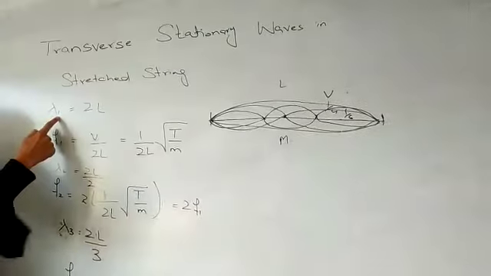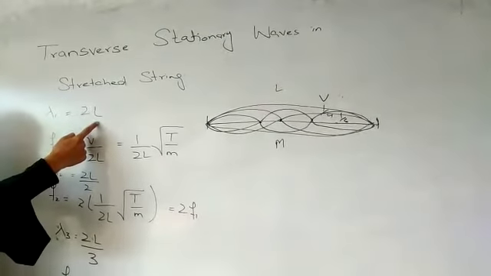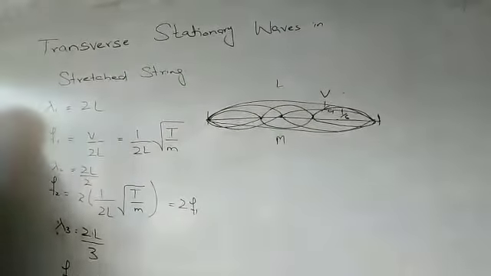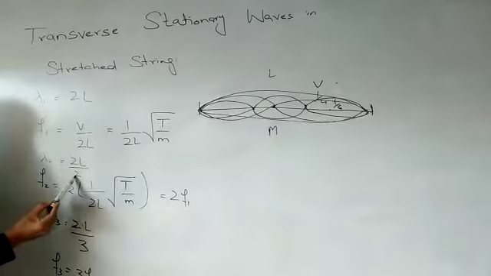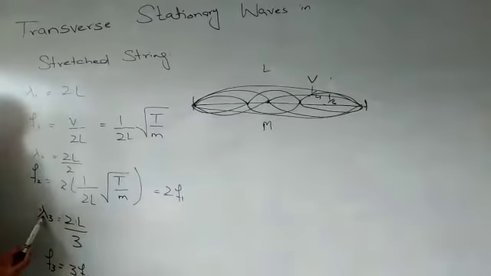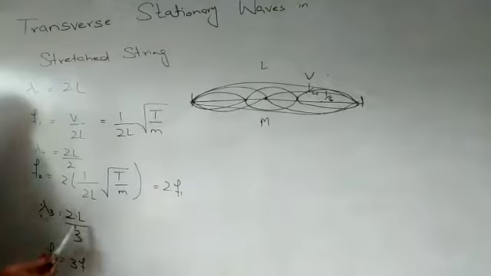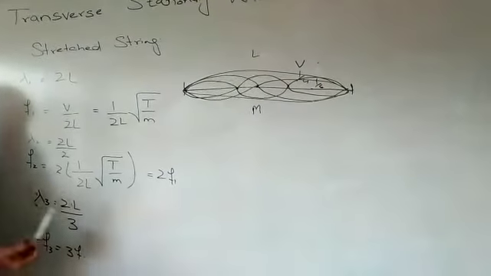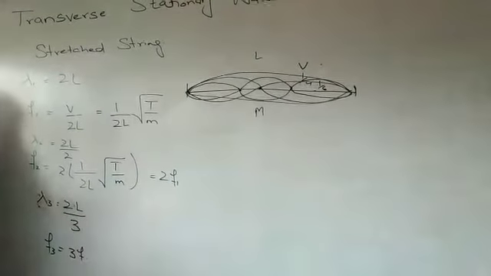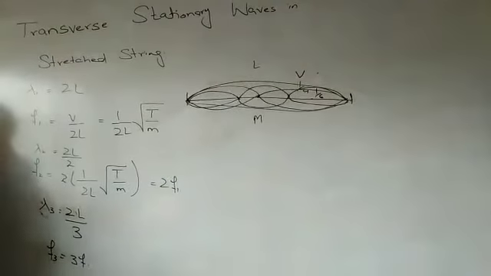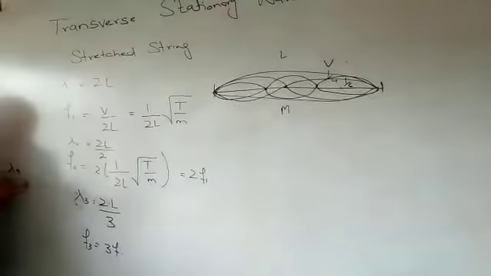Here the first wavelength is equal to 2L and the second wavelength is equal to 2L divided by 2. The third wavelength, when we pluck the string at 1/6 part, is equal to 2L divided by 3. And if we pluck at 1/8 part, we get the fourth wavelength,